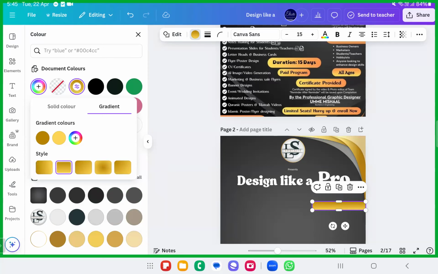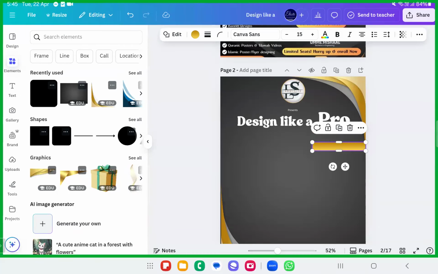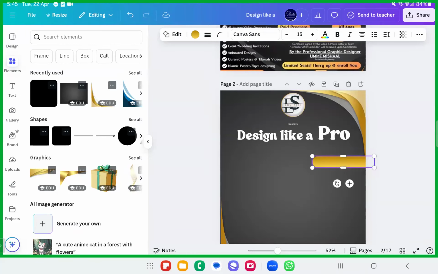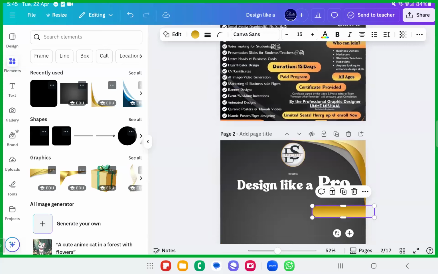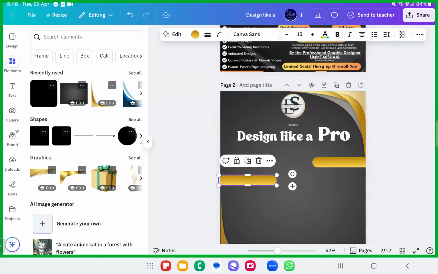Okay, in this way you can add beautiful colors. Color picker, fine? So in this way, this is the label that I've created. One label is done, and this way you can add multiple labels. The colors here are orange and yellow. Here I've taken yellow and goldenish, fine? Whichever colors you want, these are just duplicated versions. Wherever you want, duplicate it and place it over.